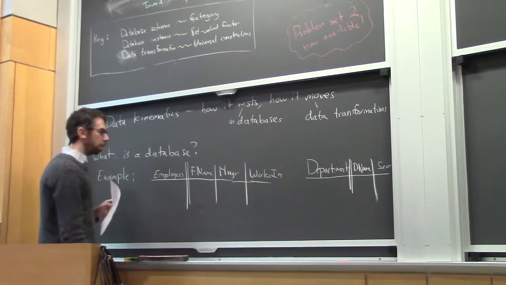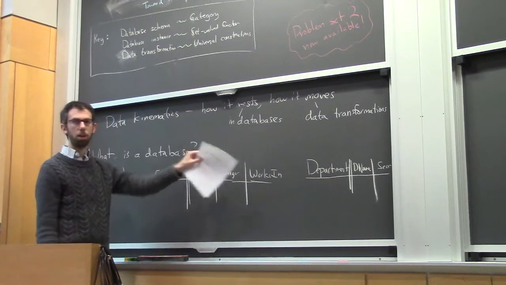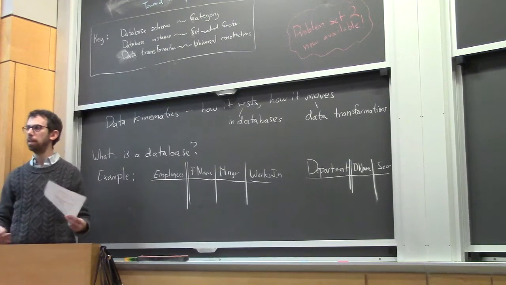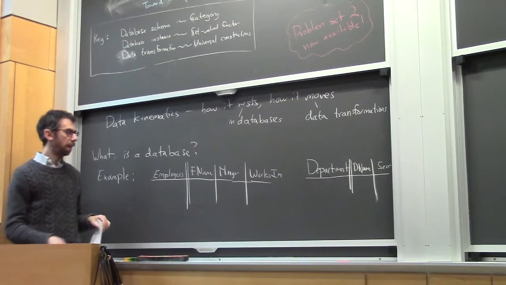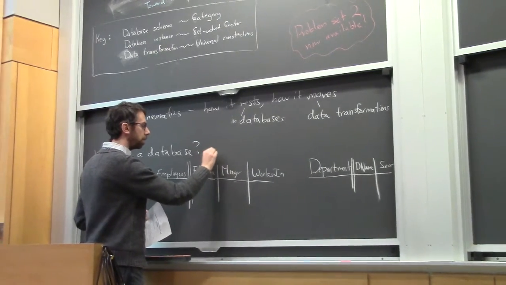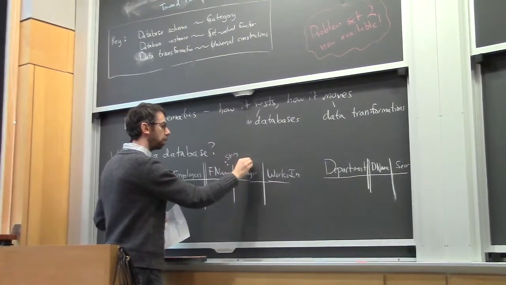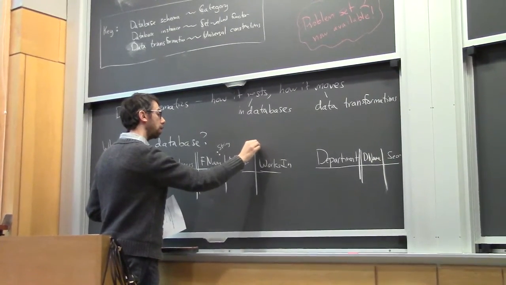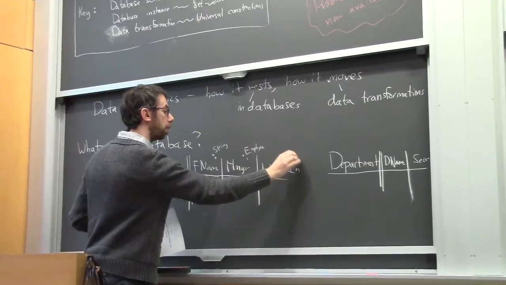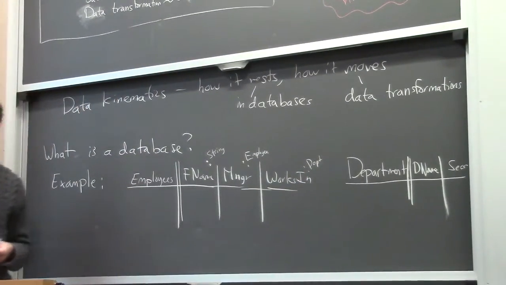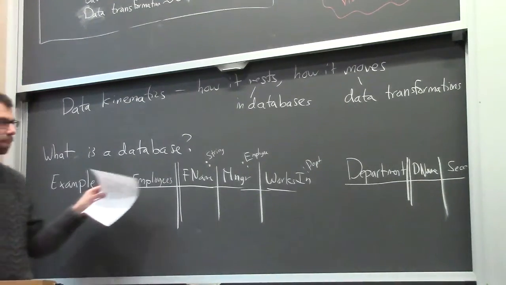And so in your database, what I have now is called the schema. It's how you're simplifying the world. The world consists of these things, and here's how they're related. In fact, you might want to say that first name is of type string, or manager is going to be another employee, or works in is going to be a department. So that is technically, for me, part of the schema, where it's what these things mean.